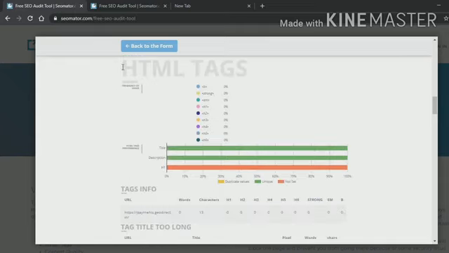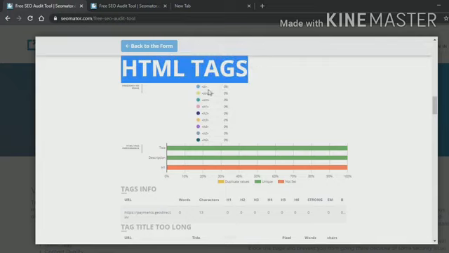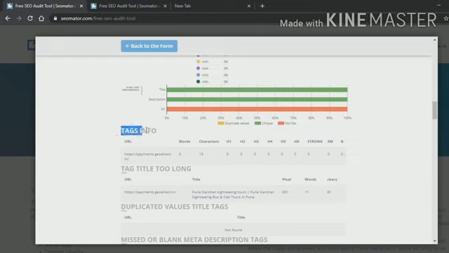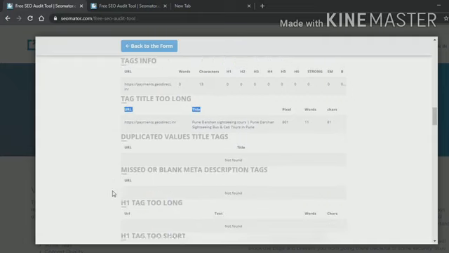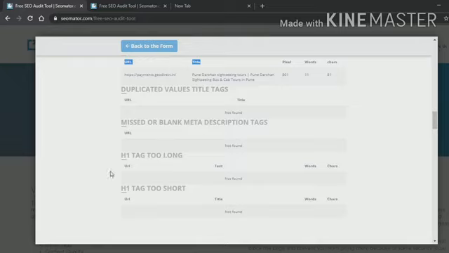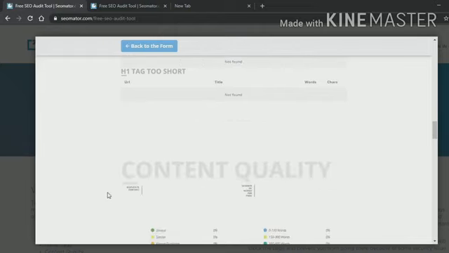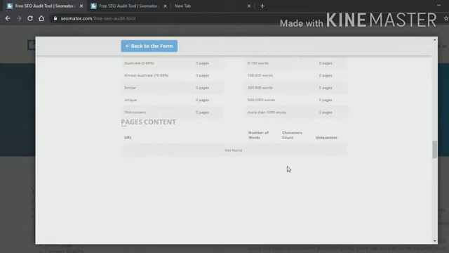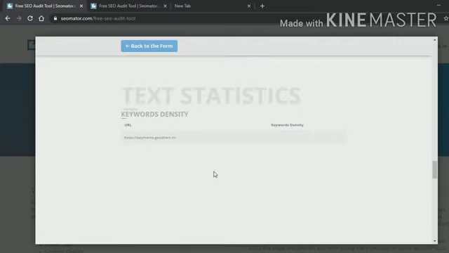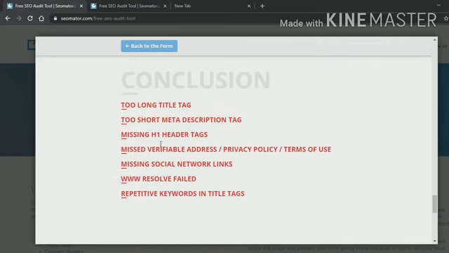Then it shows us the HTML tag information, URL information, title tag too long information, duplicated value tags information, missed or blank meta description, H1 tag too long information, H1 tag too short information, content quality, duplicate content, the amount of content, page content and text statistics, etc. And finally it shows us the conclusion regarding the website.